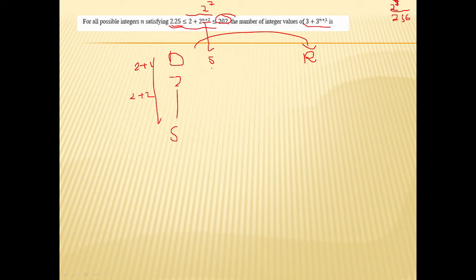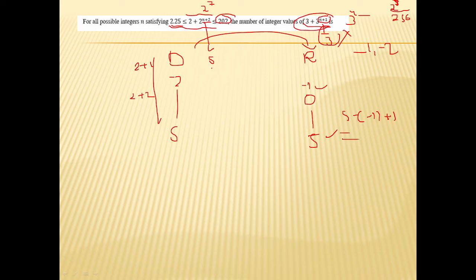Now the range part. See, positive you don't need to check, because 3 to the power n will make it 3 to the power 4, 5 and so on, which ultimately will be integer. So no need to check from 0 to 5. Now the only need is to check minus 1 or minus 2. Minus 1 you can easily see satisfies, and minus 2 will make this 1 by 3, which makes this non-integer. So minus 2 is gone. So minus 1 to 5, how many values? 5 minus minus 1 plus 1, 5, 6, 7 is your answer.